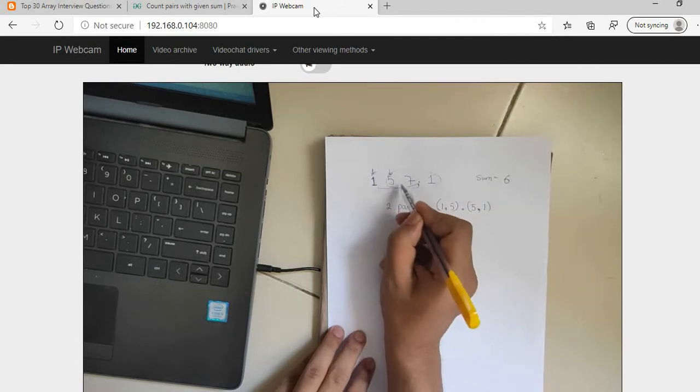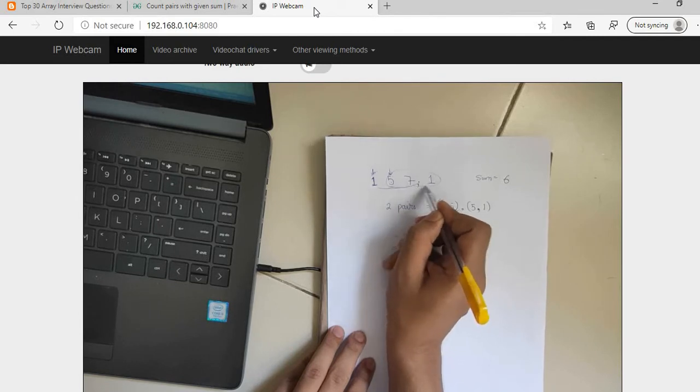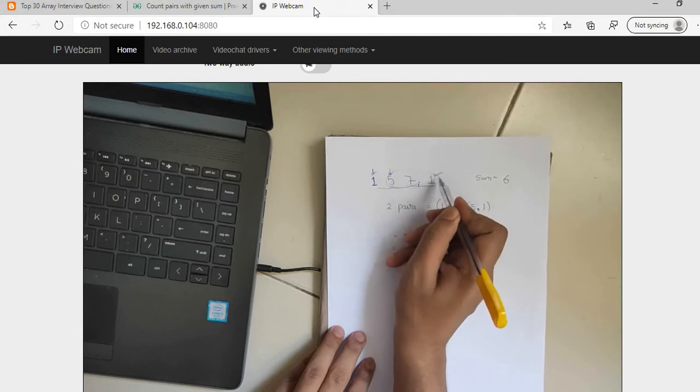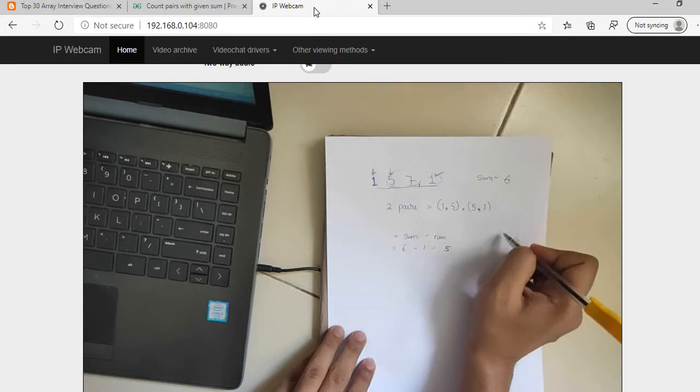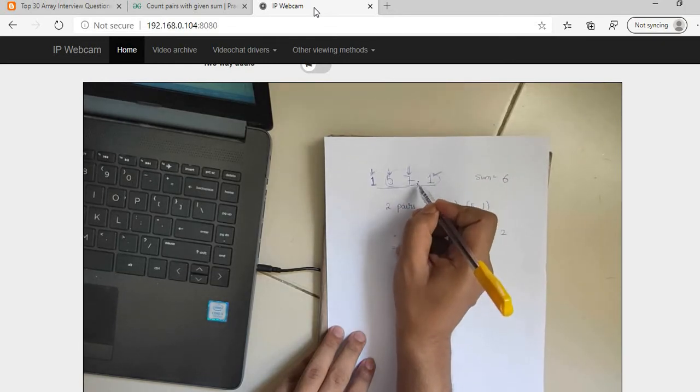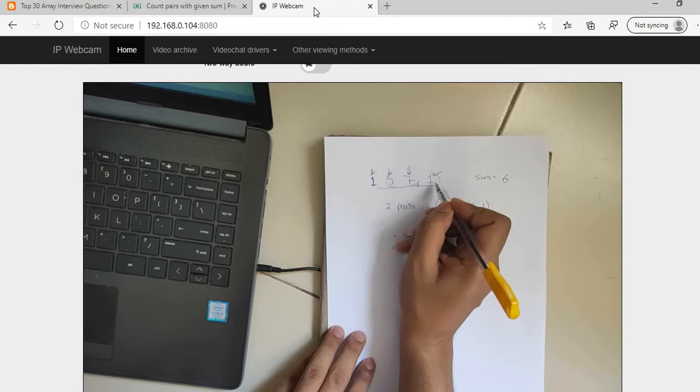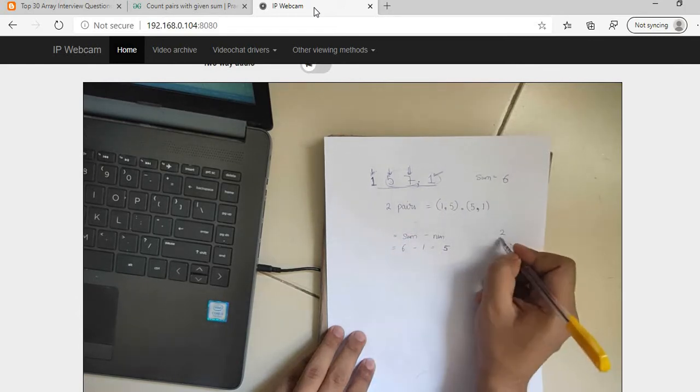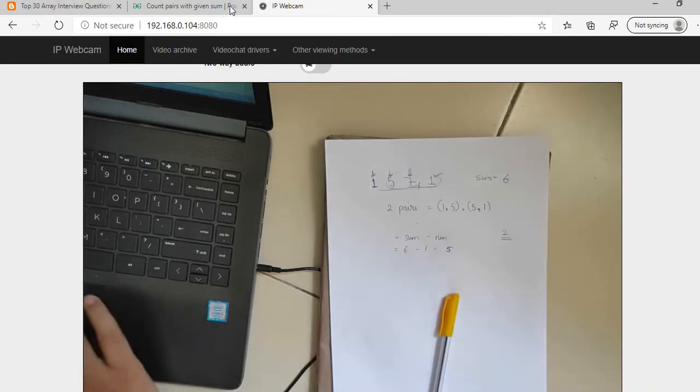When we come to 5, we need to find the number of elements after 5 which add to make 6, this one only. So till here the answer is 2. We come to this 7, the number of elements after 7 which add to make 6, no elements, so the answer returned is 2. So let us start coding.